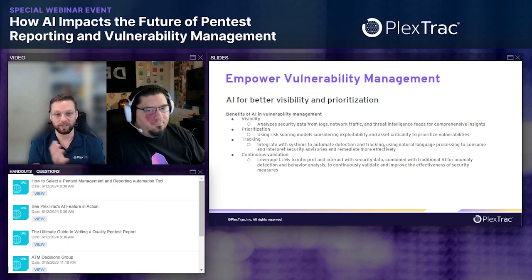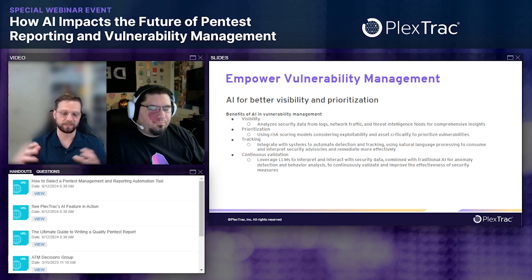But going through your scans and your alerts, and having AI look at that as a whole picture, using traditional methods of machine learning and deep learning combined with the LLM, allows us to remove a lot of that bias that we would inject into the process of remediation, and what findings are